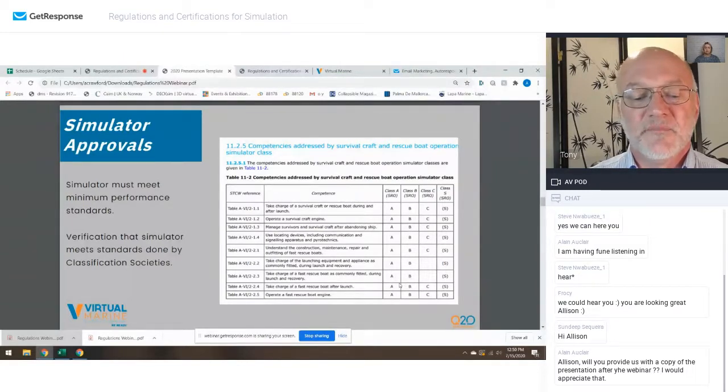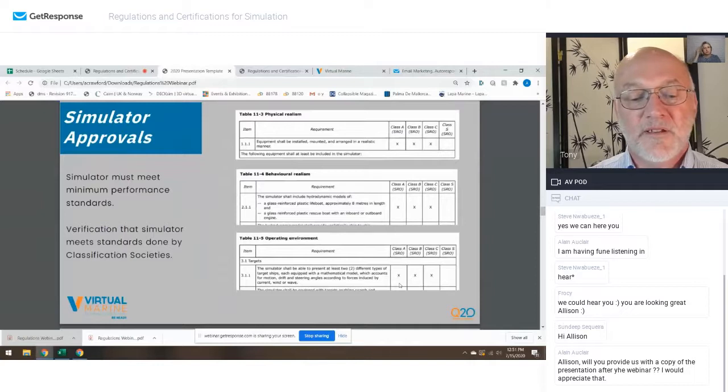And that just means that when you're looking at using simulators for things outside of this table, the manufacturer has to have done their homework to prove that the simulator actually works in that context. And that's how you would satisfy the minimum performance standards from IMO. So next one.